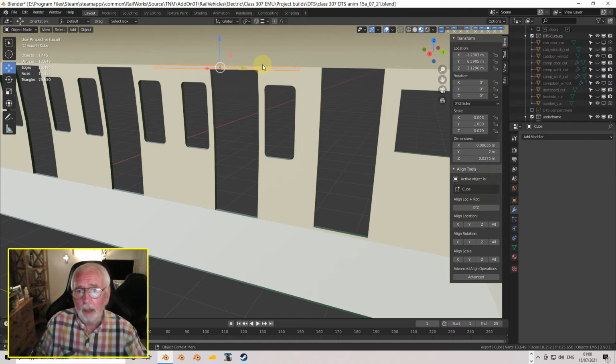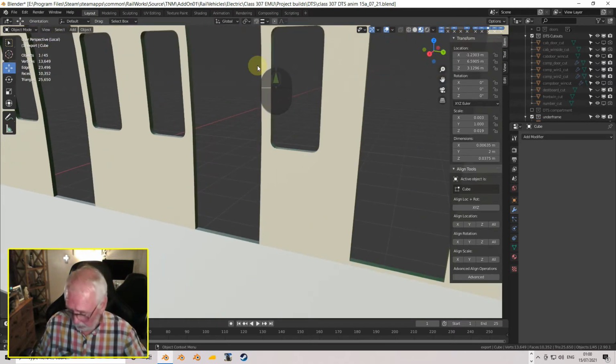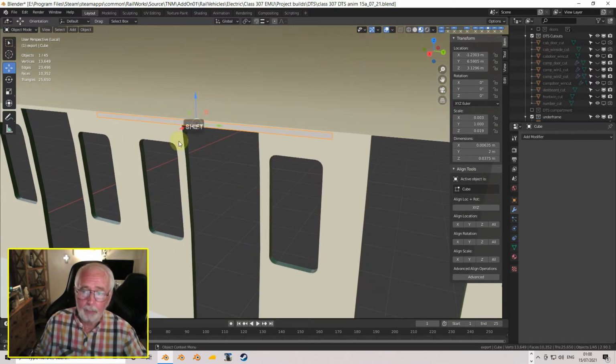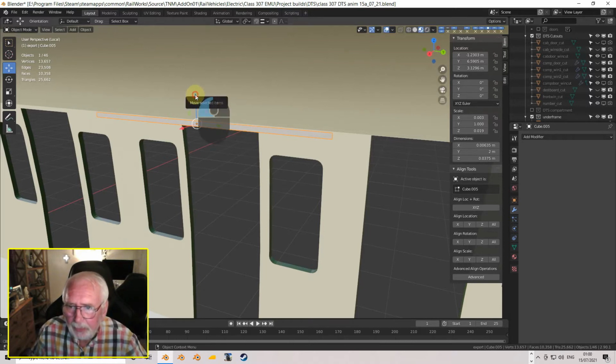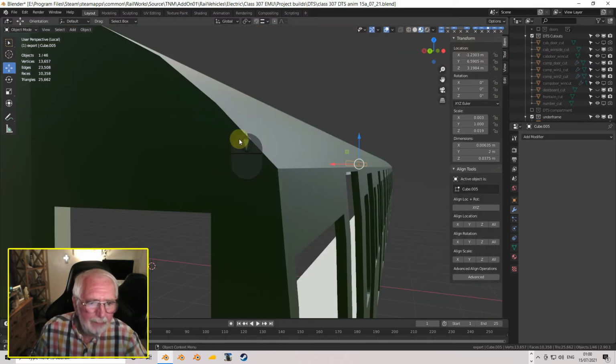The only thing I'd be worried about is there's actually a batten above this, not far off, but around the door you've got a batten that just goes around the door, but you've also got a batten that goes across the carriage. Now I'm going to duplicate this and just see what it would look like if I took it just above the curve of the